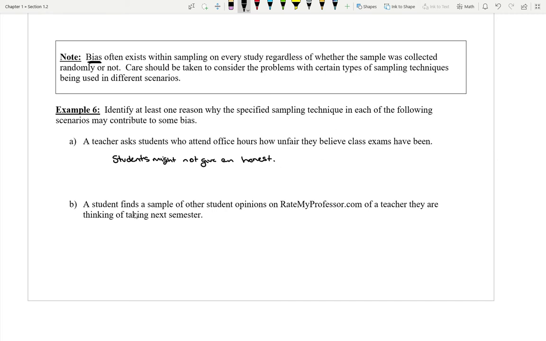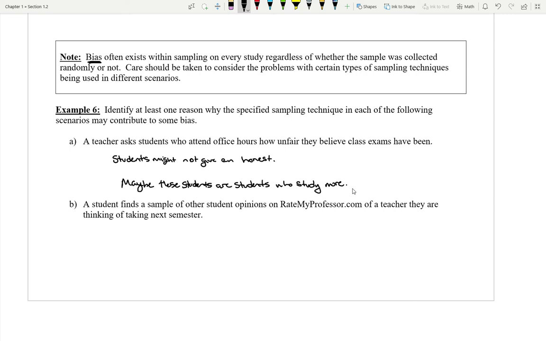Maybe the people that I'm asking don't actually represent the average student in the classroom, because these are students that are coming to office hours. So we could say these students are students who study more, because they're going out of their way to attend office hours and ask questions. So it might be the case that I'm just asking the people that are the most prepared, do you think things are difficult? And so I'm not really getting a sense of what everybody feels.